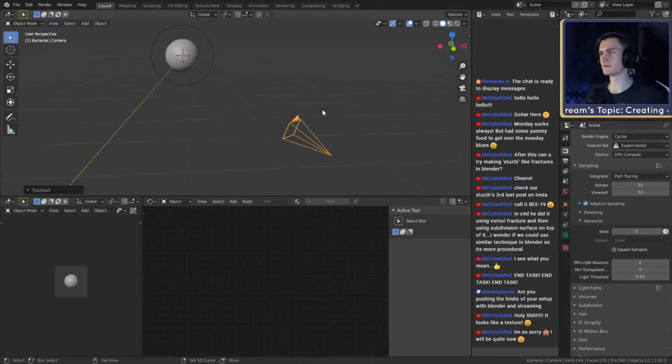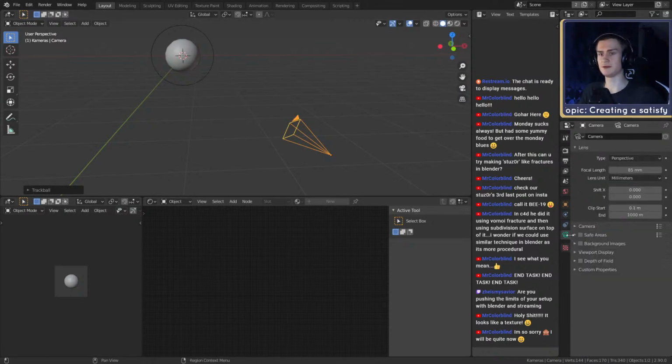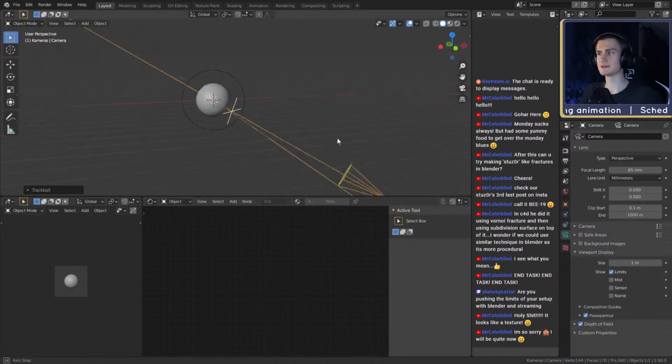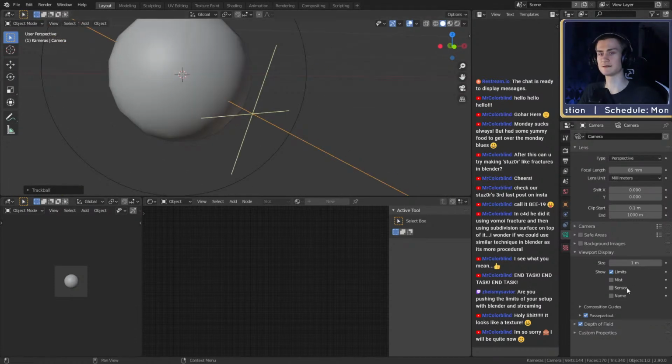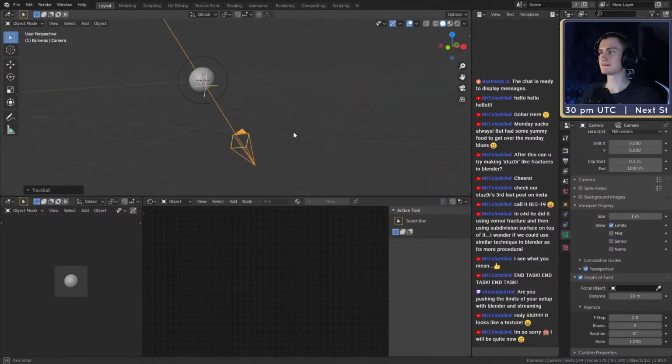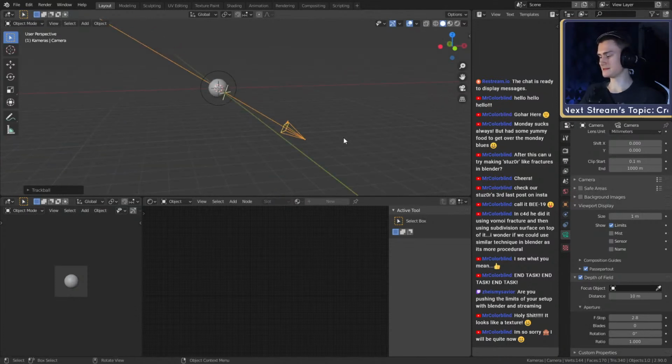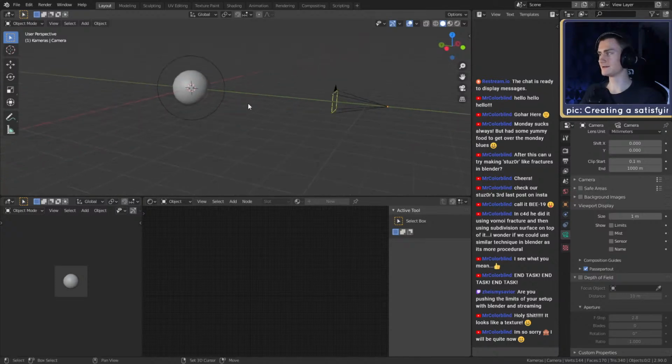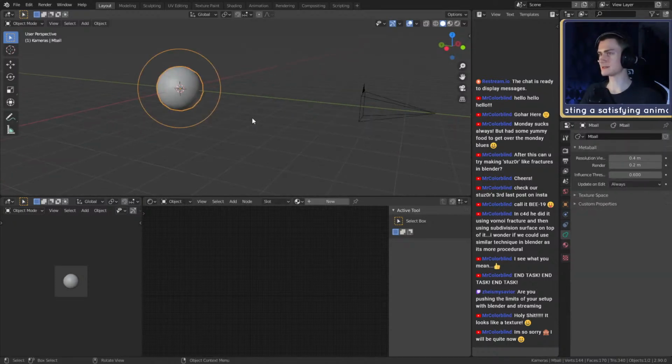I wanted to automate that, and then of course if you go into camera you have to enable depth of field, go to viewport display, enable show limits so you can see where the focus point of the depth of field is, and then you can change the distance to change the focus. So now this point, the surface of the meta ball, is the focus point. But I wanted to make this easier on myself. So what I did is make a very simple camera rig using 2 objects and a camera.